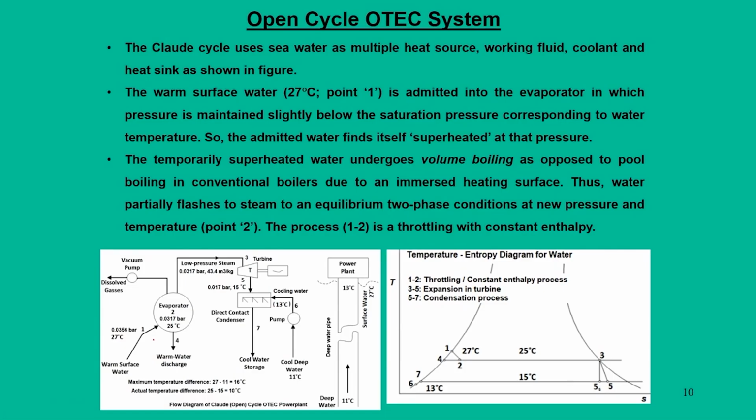What we see is that process 1 to 2 is throttling, that means from warm surface water to evaporator conditions it goes in a throttling manner, and from 2 to 3 it is an evaporation process. 3 to 5 is an isentropic expansion in the turbine, but the actual process becomes 3 to 5. Then from 5 to 7 it is a condensation process and again from 6 to 5 the cycle continues. So, essentially this is nothing but a typical Rankine cycle,